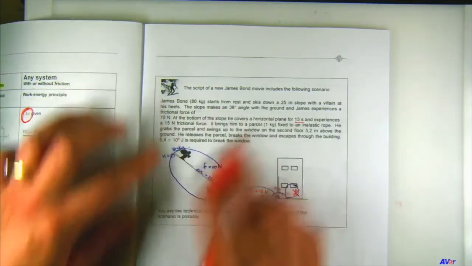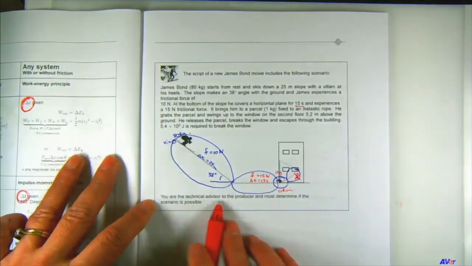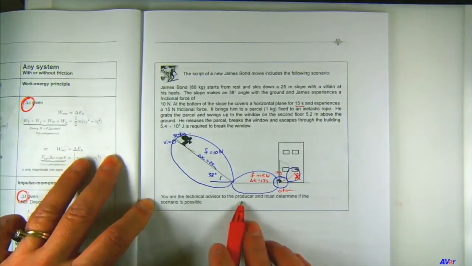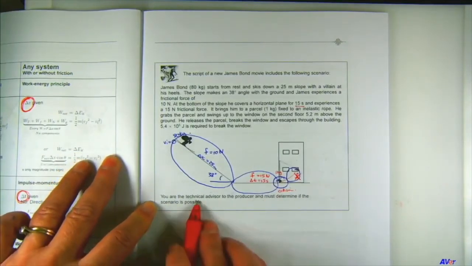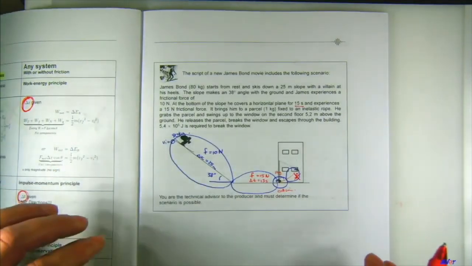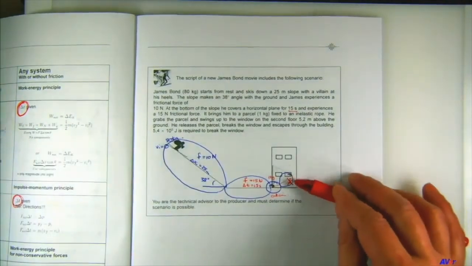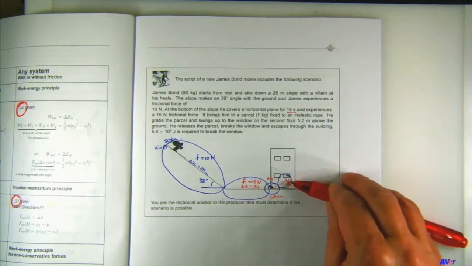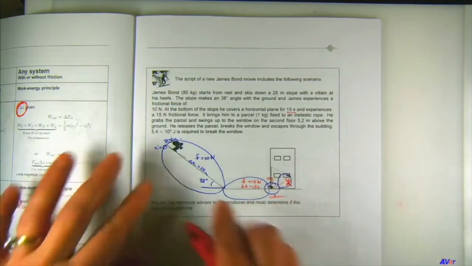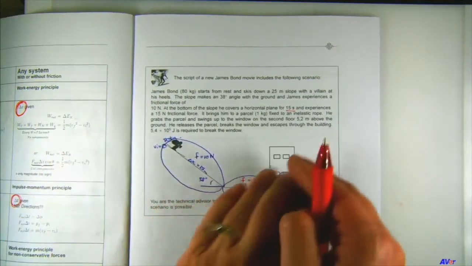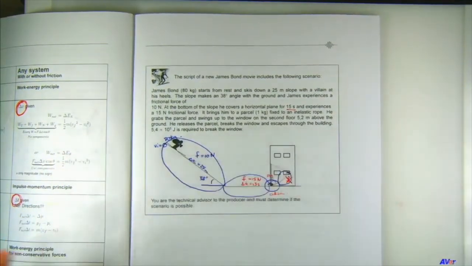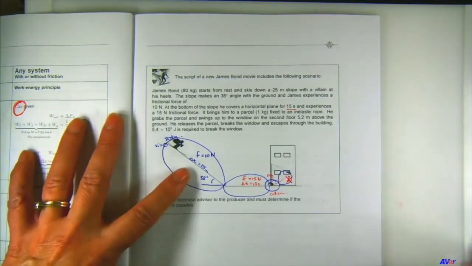And now the big question. You are the technical advisor to the producer. And you must determine if this scenario is at all possible. Okay. So what do you want to know? You actually want to know what is his velocity there at the end so that you can work out his kinetic energy. Right. Now, when you have different parts of a question, the most important thing to remember is the